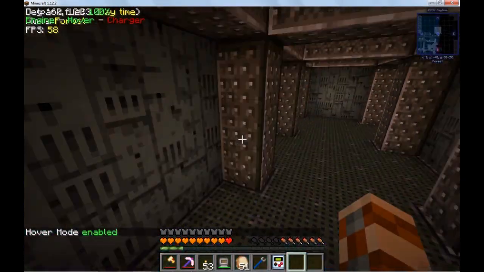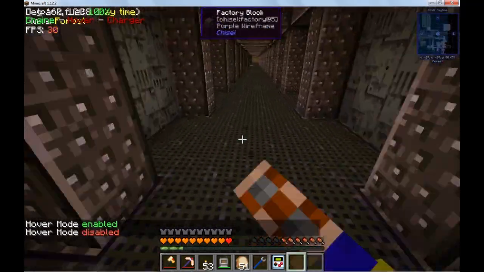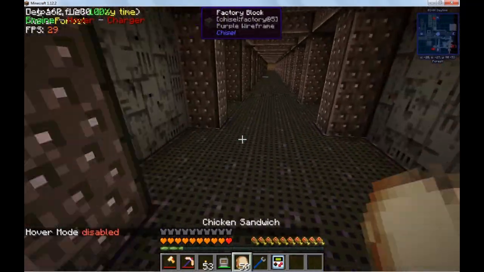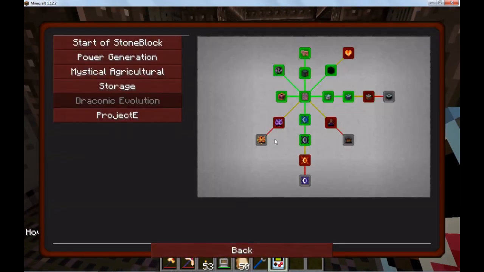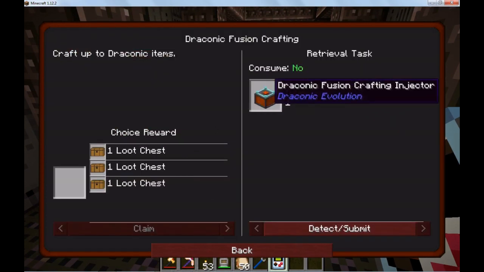Yeah. So we're just gonna let that run, but when we're done, we'll have Awakened Draconium, and that's a huge progress step right there. For one thing, I think that's a quest, right? Chaos Guardian. I actually don't see Awakened Draconium. There's Awakened Cores, but that's not it. And yeah, once we get the Draconic Fusion Crafters...